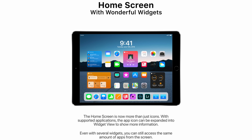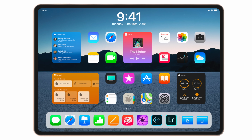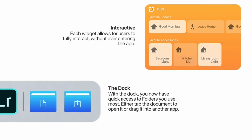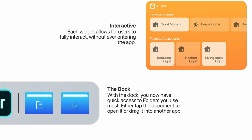The home screen with some new widgets, which would possibly be live. I think it might be a battery drainer, but still would be nice to have, especially if the new devices come with bigger batteries. And I superimposed this image on the new iPad. Actually looks really, really nice here. Everything's rounded, fits very well together. We'd have some sort of interactive widgets, tiles on the home screen, and the dock would be getting even more